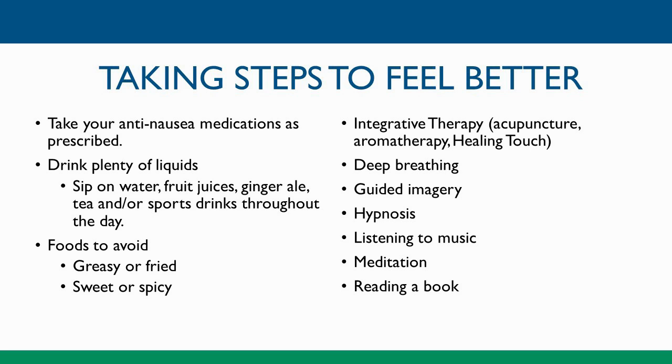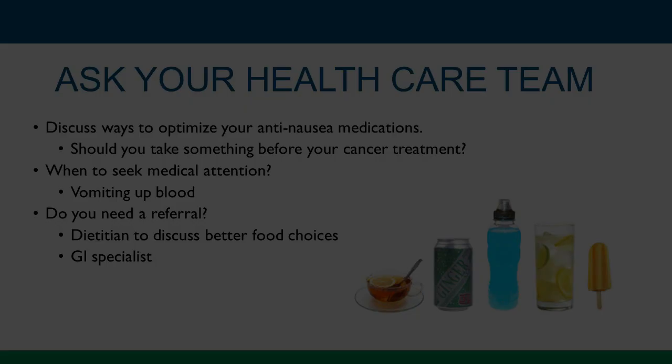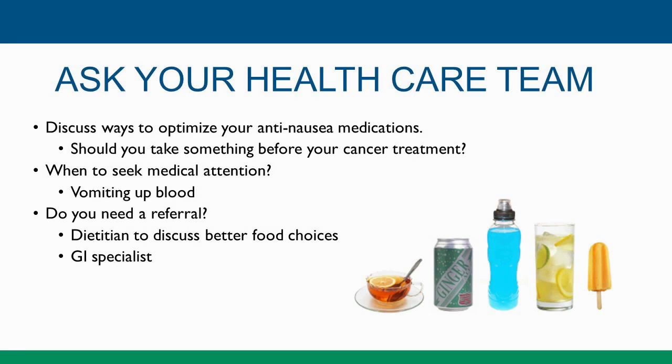Acupuncture, aromatherapy, and healing touch are options through integrative therapy. Other techniques to try include using deep breathing, guided imagery, hypnosis, listening to music, meditation, or reading a book. You should speak with your healthcare team to discuss ways to optimize your anti-nausea medication, when you should seek out medical attention, and if you would like to speak with a registered dietitian or if you need a referral to